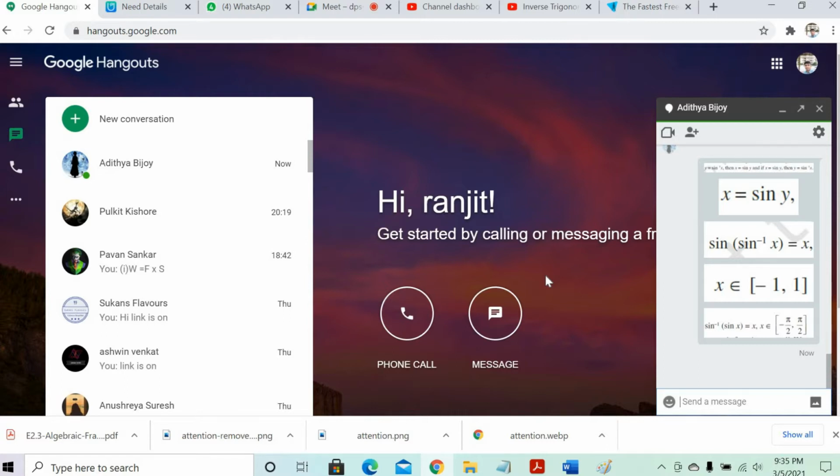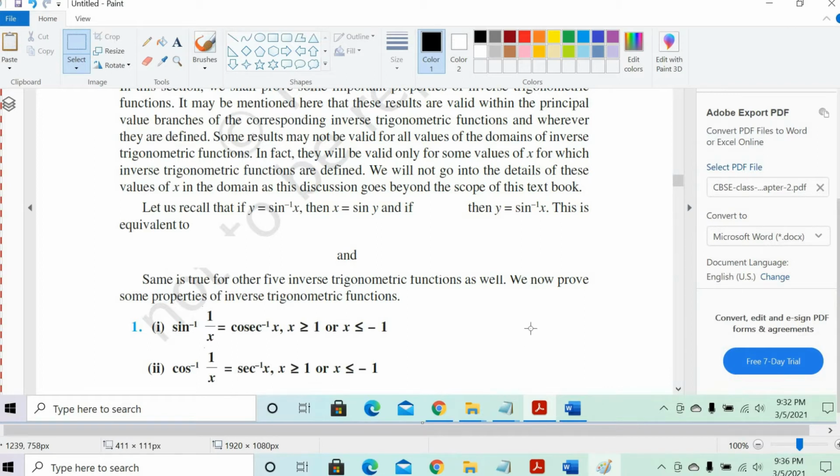Yes, sir. Clear. See, sine inverse x will give you some angle, and sine of any angle will be some value. So the value is given as minus 1 to 1 in the first case. Then if it is a sine inverse of sine x, then sine x will definitely give you some value between minus 1 to 1. The sine inverse of any value will be between minus pi by 2 to pi by 2 only. Clear? Yes, sir. Any questions, any doubt? No, sir. It's all clear.